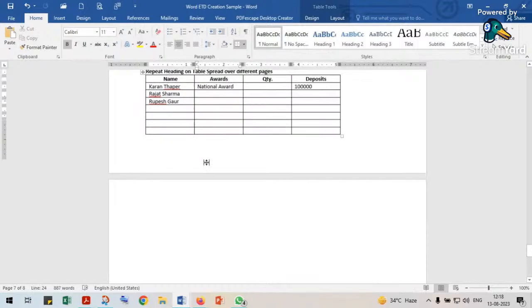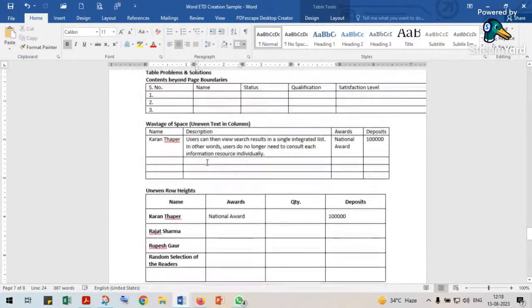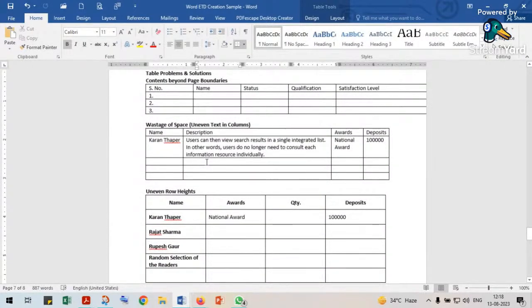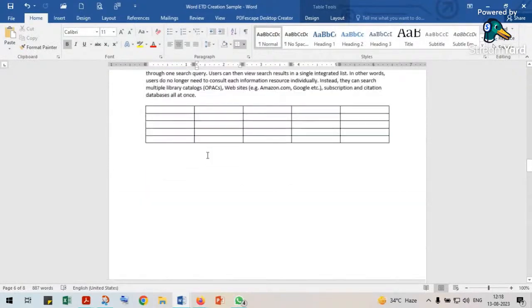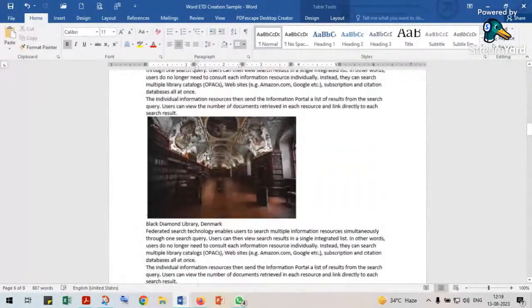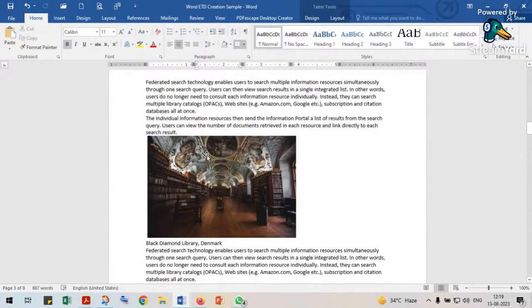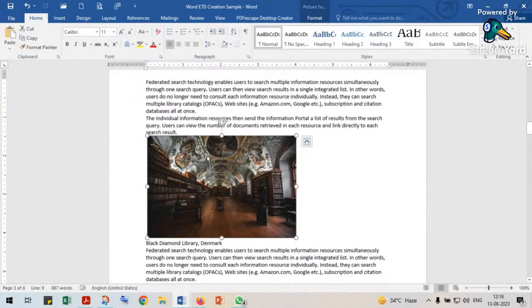So these are some of the problems that you might face during your work. Another problem that I saw during formatting of one of the theses: sometimes in some subjects there are many figures. And yesterday Tripathi ji covered some part of the figures, how to set the figures, the wrapping of the text and all that. But I faced a problem